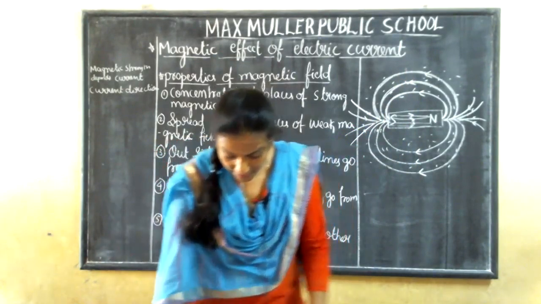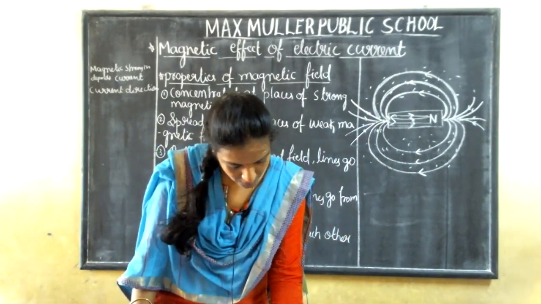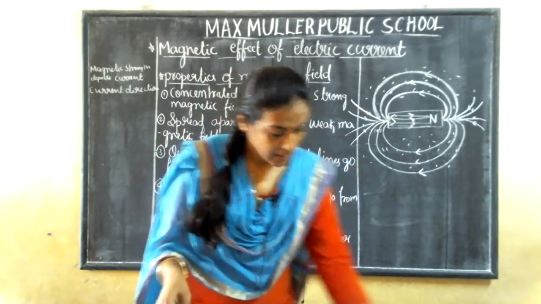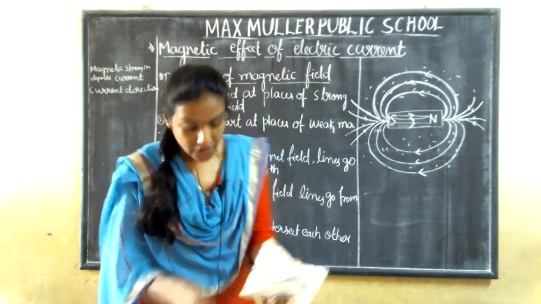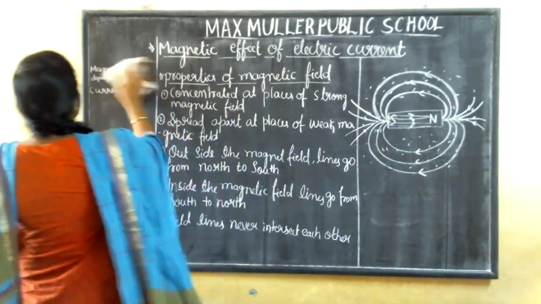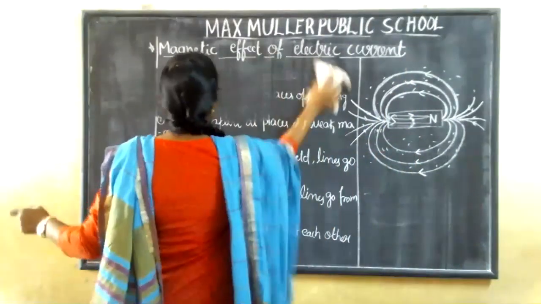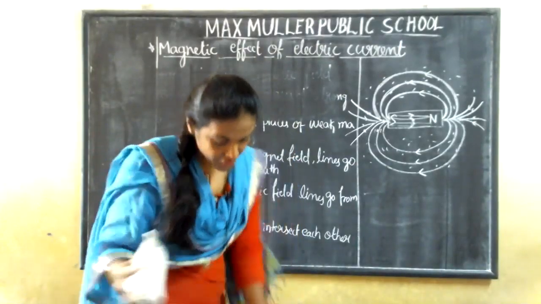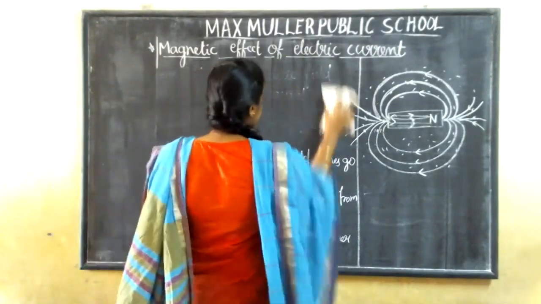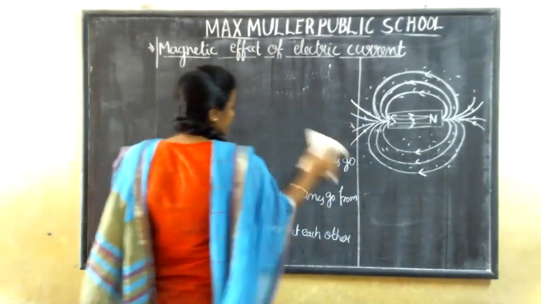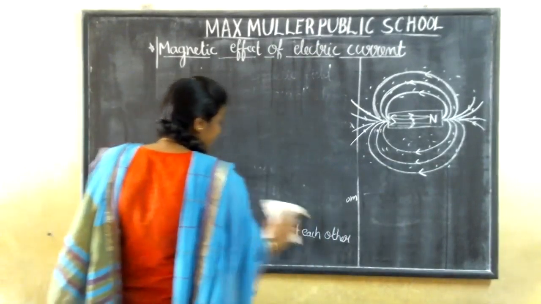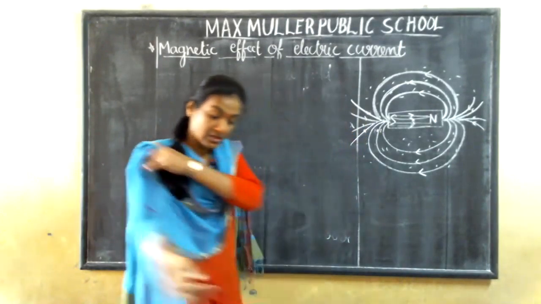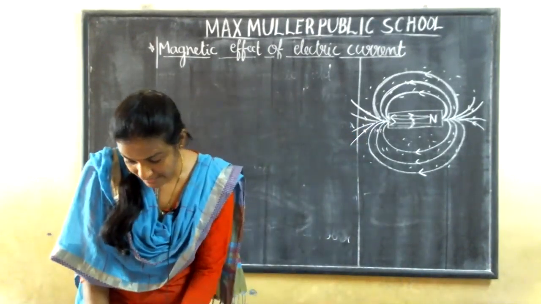And next comes the magnetic field due to current through a straight conductor. Let us see what happens if you have a straight conductor. So again, what you need to do, guys, here,